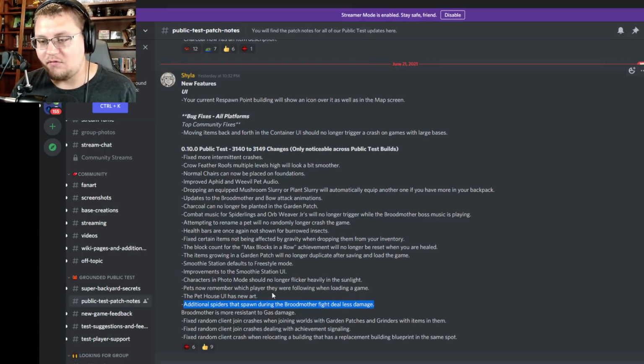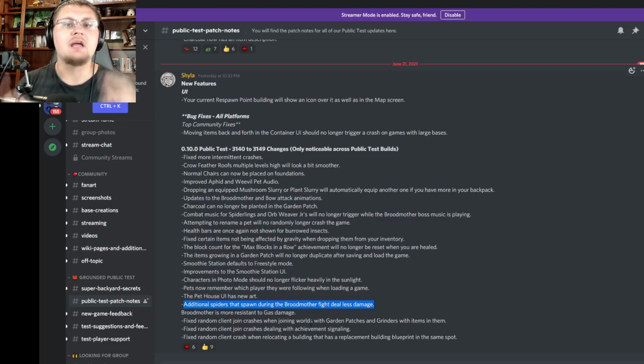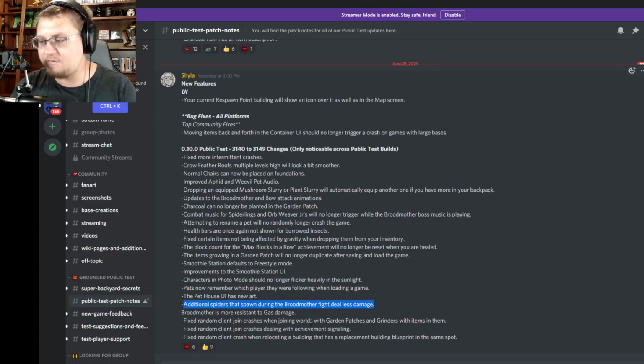That's great. Fix random client join crashes when joining worlds with garden patches and grinders on the items. Fix random client join crashes dealing with achievement signaling, and fix random crash when reloading a building that has a replacement building blueprint in the same spot. So that's good. Like I said, all of these crash fixes are huge. They are going through and fixing everything that they possibly can before the June 30th update,